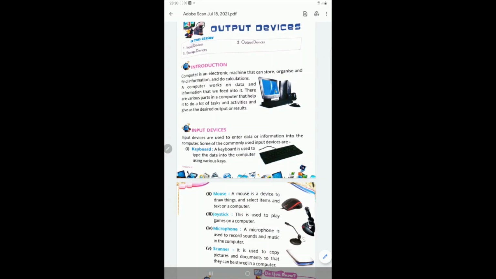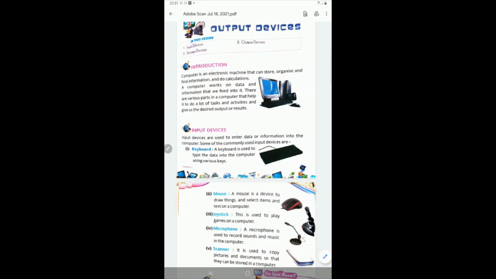So first we give the input to the computer through the keyboard. Then from this part, data goes to the CPU where it processes the input, and after processing the input, it converts it into output, that is the result, which is displayed on the monitor. So we have three main parts to get the result after giving the input to the computer.